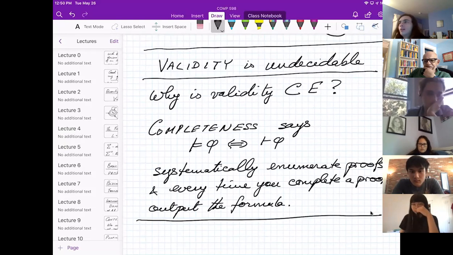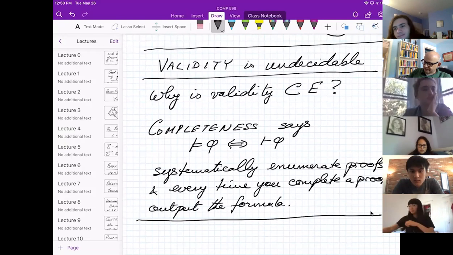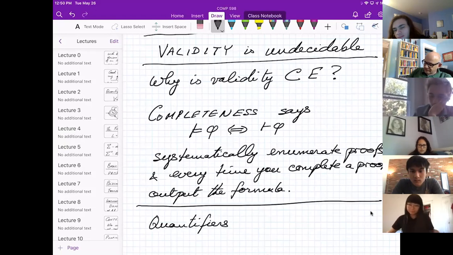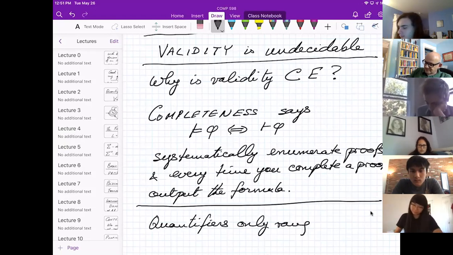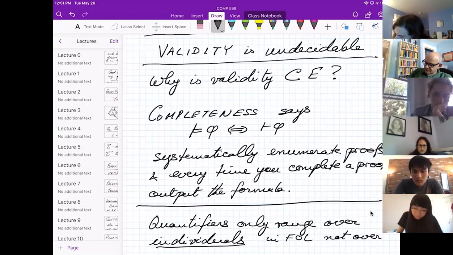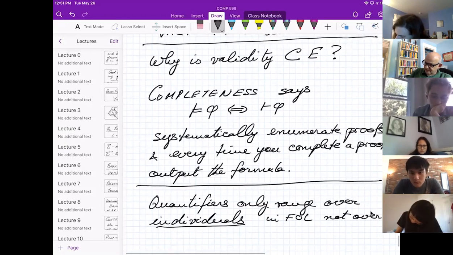You might wonder, why did we call this first order logic? What's second order logic? So in first order logic, quantifiers only range over individuals, not over functions or predicates.